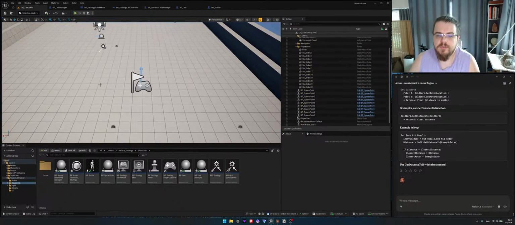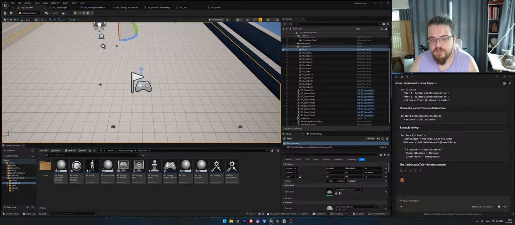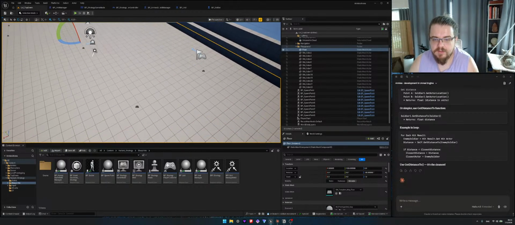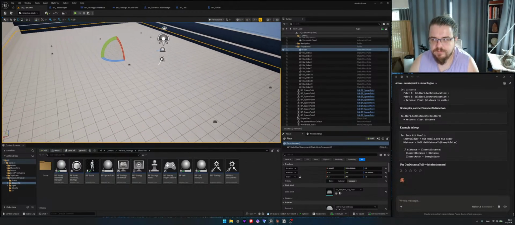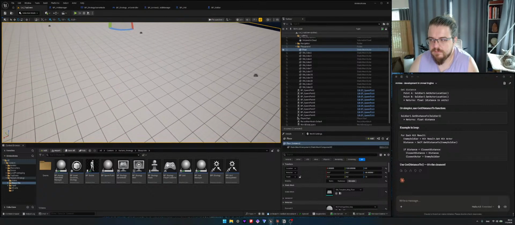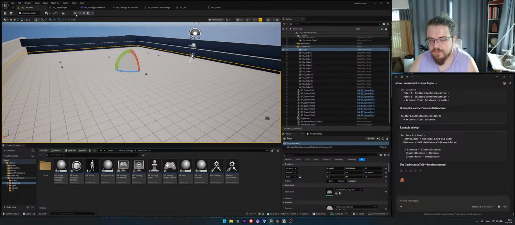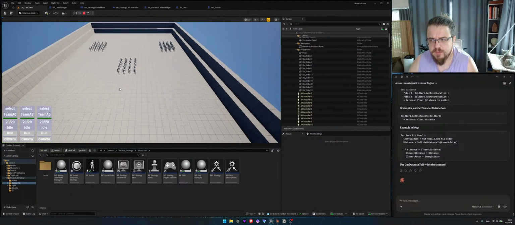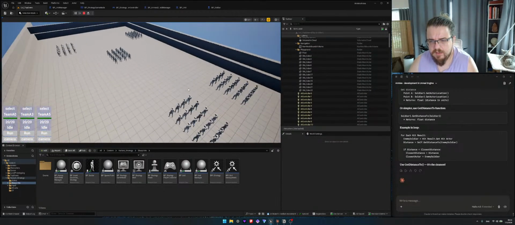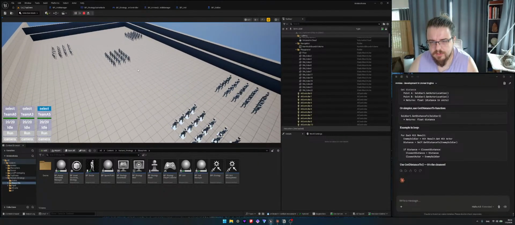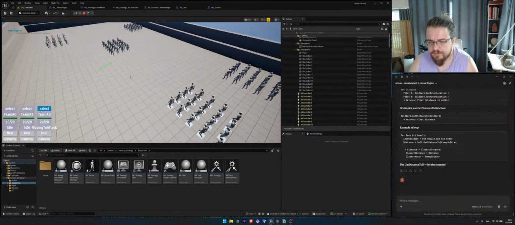There are some issues here. Okay, but I mean, technically, it still works. The thing that I wanted to work worked. Not perfectly, but